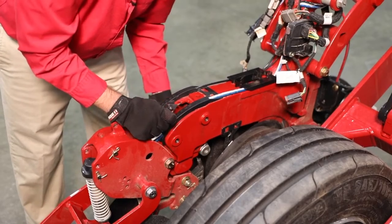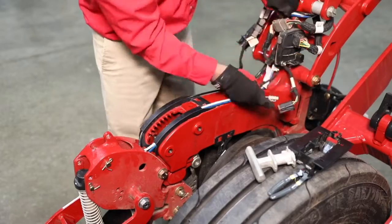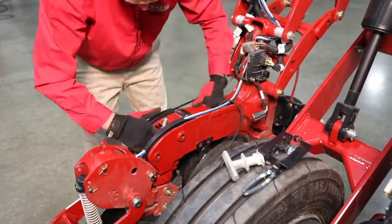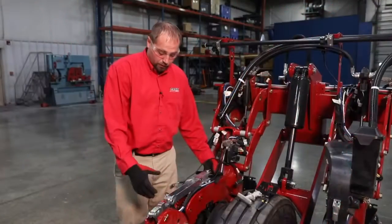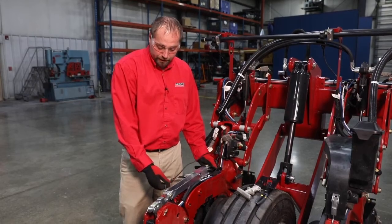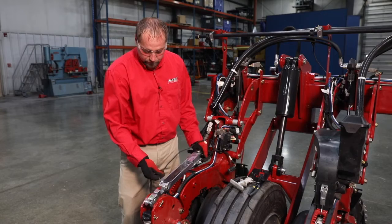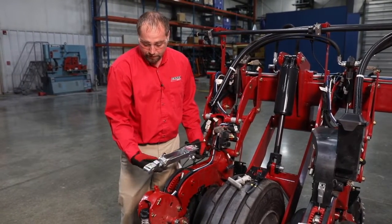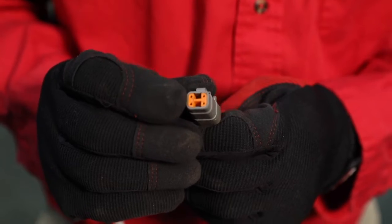Now let's remove the load cell. So now we've got our load cell linkage out. We want to take a look at the inspection areas on it. So we'd be looking at the overall harness for any damage to that, crimps, rubbing, things of that nature. We'd want to look at the terminals on the load cell itself for any rubbing or corrosion, any other damage,